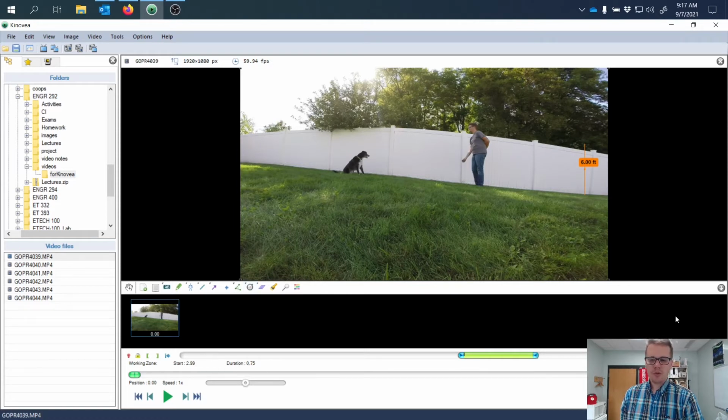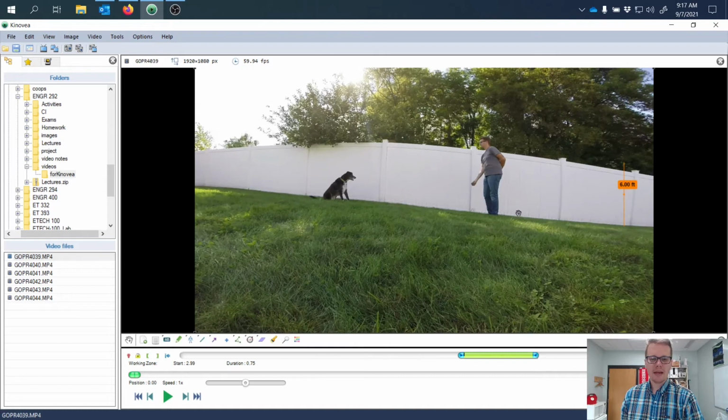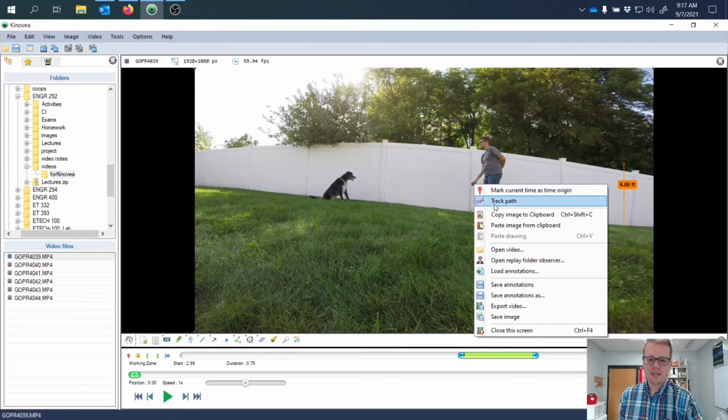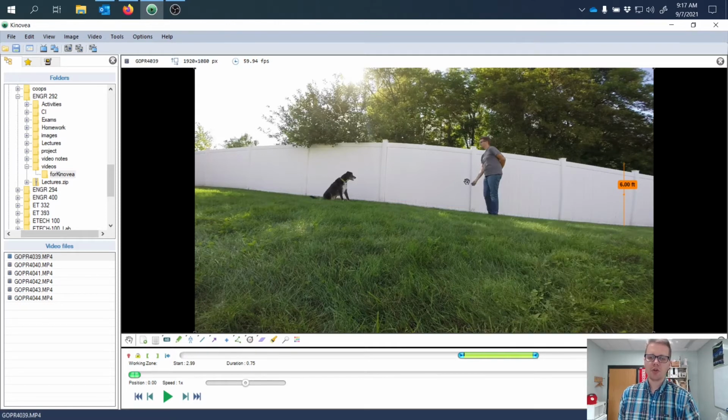Next, what I want to do is start tracking this ball as it moves through that motion. Kinovea can do some automated tracking, so if I right click on that ball and say track path, it'll start tracking the ball as I step through frame by frame. The trick is that if the ball crosses into any place where it's hard to see, then it becomes harder for the software to track it. So for example, right about